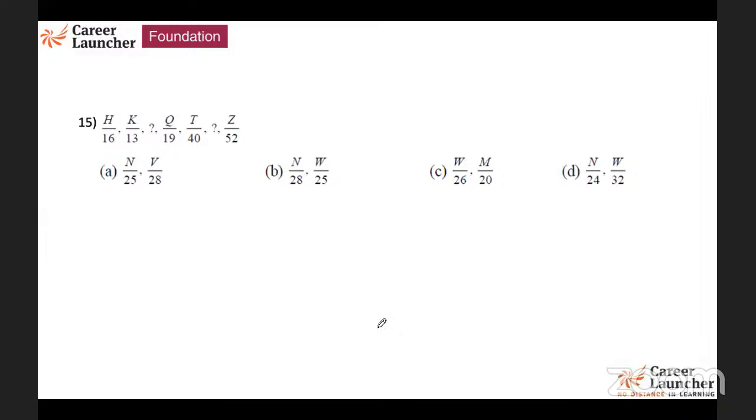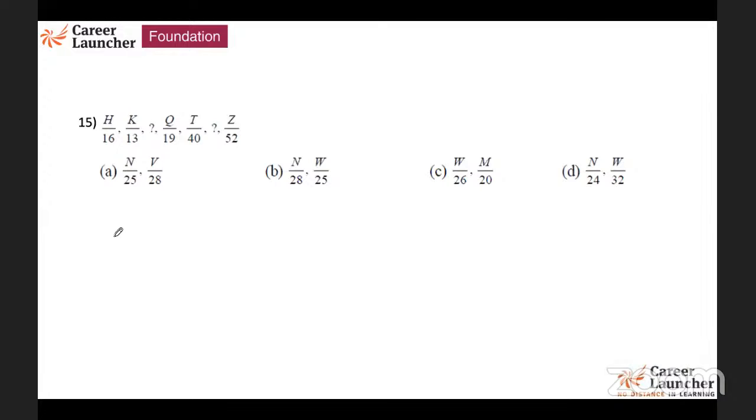18 out of the 54 of them, actually not everybody has answered. 70% of them got it right. That means that question was not very, very difficult. Once again, how do you do this? A lot of you got N and W correct. Now, whether it's 28 and 25 or 24 and 32, you need to look at it very carefully. The only thing is you need to look at what is H.